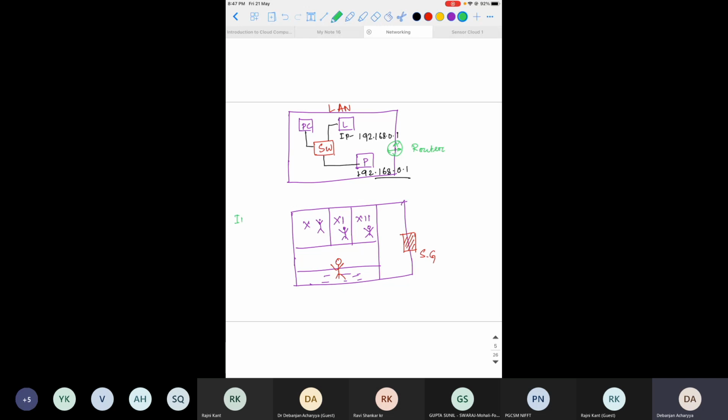Here the IP is the roll number of any particular student, and the switch is the peon, and the router is the main security guard. This one.